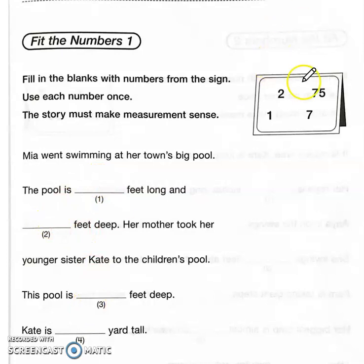Okay, so for example, in the first one, it says Mia went swimming at her town's big pool. The pool is blank feet long and blank feet deep. Well, look at our numbers that we have as options up here: 1, 2, 7, and 75. So we know that it is a big pool. So the first question is, how long would the pool be? It's the town's big pool. Well, there's no way it's 1, right? Nobody would have any room to swim in it if it was only a foot long, right? Nobody would have room to swim if it was 2 feet long. 7, I suppose you could fit